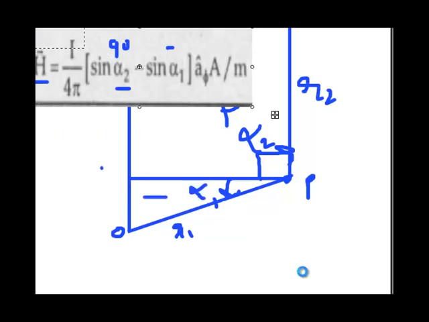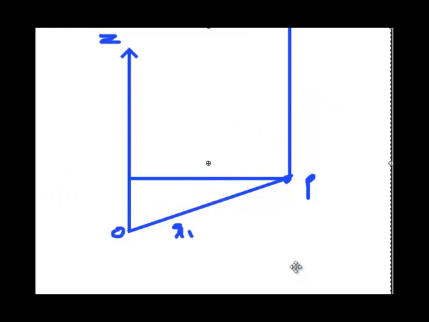Then we will proceed to the next topic, and that is Ampere's circuital law. In this law, we have to get the value of current from the magnetic field. In the first case, Biot-Savart law, we obtained the magnetic field intensity, that is H, from a current carrying filament. But here we have to calculate current from magnetic field intensity, and that is Ampere's circuital law.